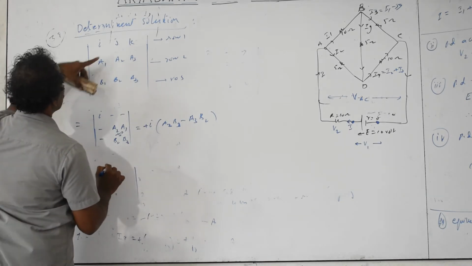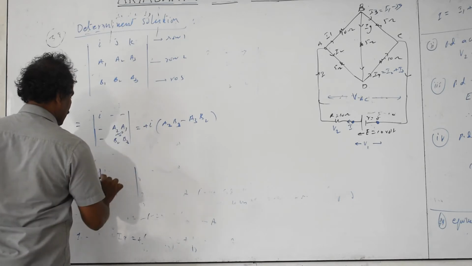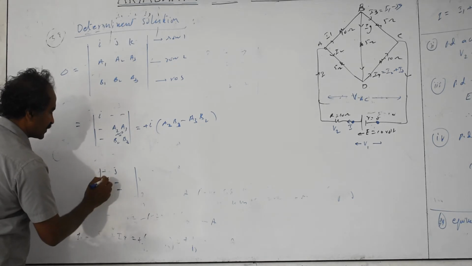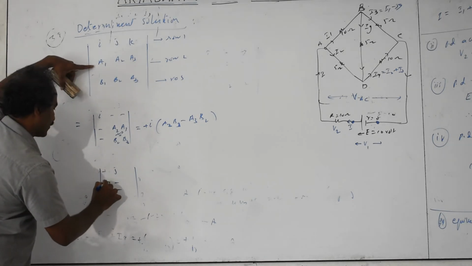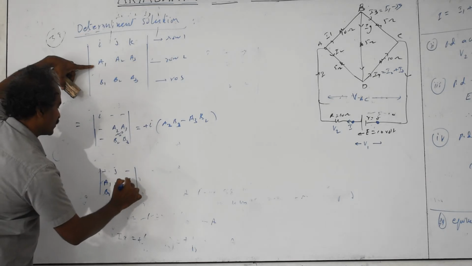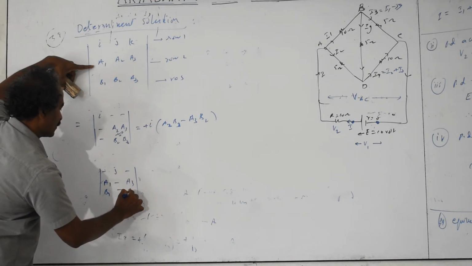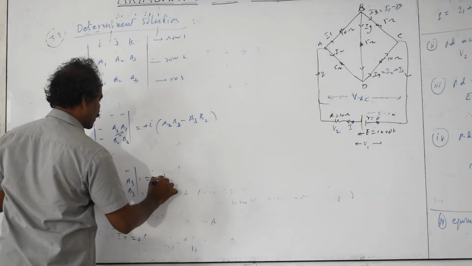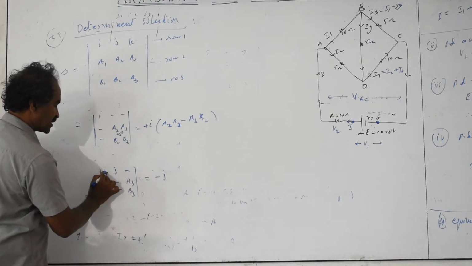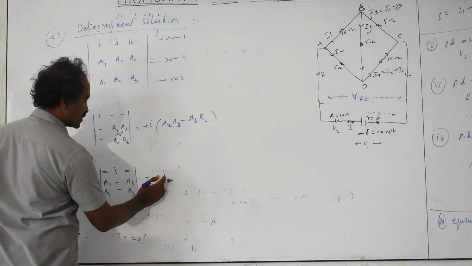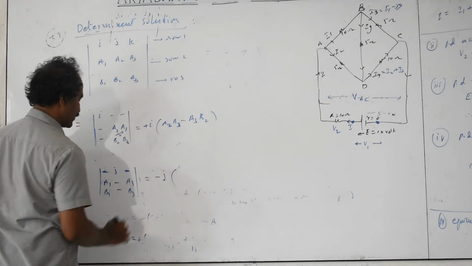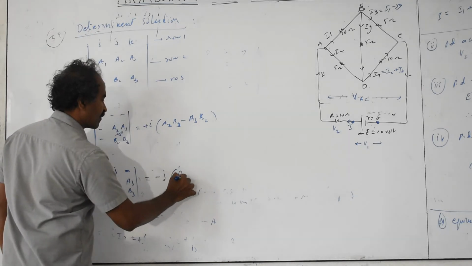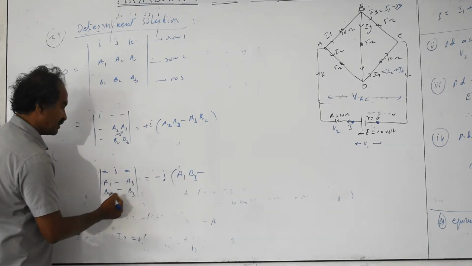Next step I am taking is j times. This I step don't take, so below this j, what I am multiplying, don't take. The remaining entries will be A1, B1, A3, B3, with signs plus minus plus minus. So this is going to be minus j units. This is a dash, not minus, just left empty. Minus j into A1 B3 minus A3 B1.